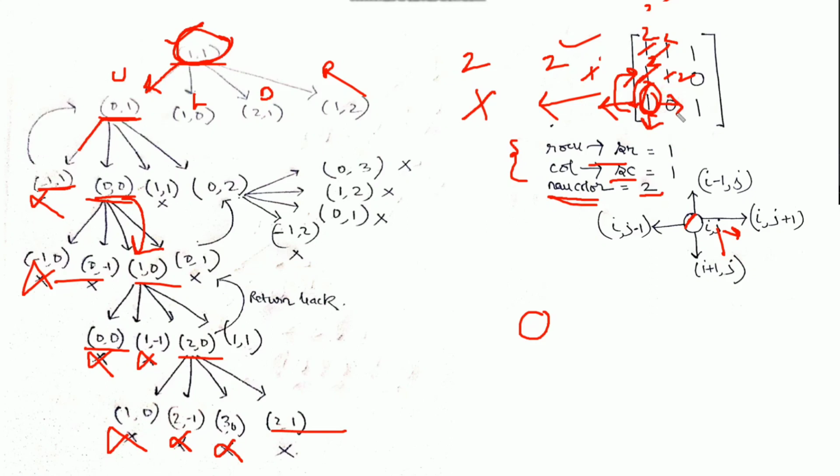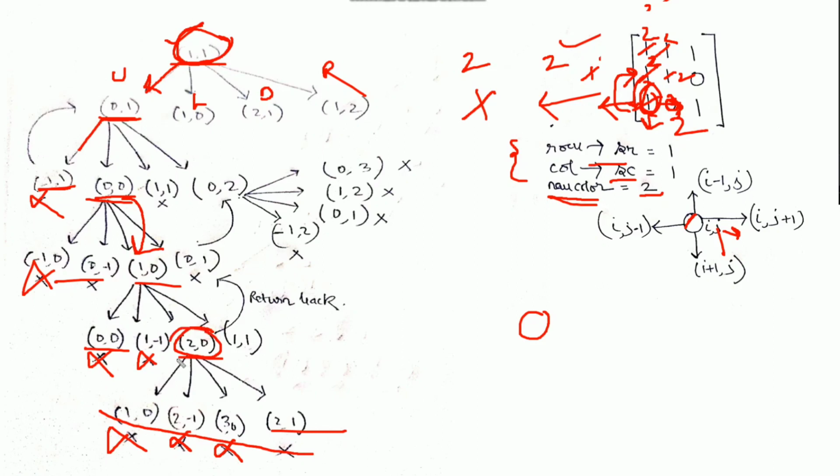In this direction we can't make our choice because we are not encountering the initial pixel value 1, we are encountering a different pixel value 0. So we do not change value 0. It means we can't make a valid move in the right direction, so there are no choices available. What we need to do is return back to the caller of 2 comma 0. So we will change the value from 1 to 2 and return back to the caller.